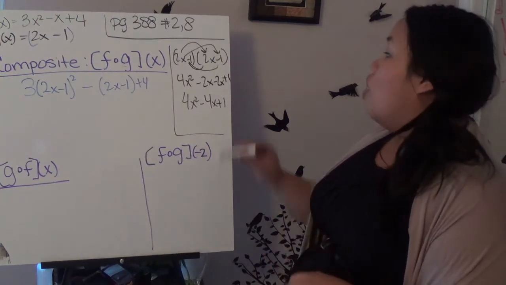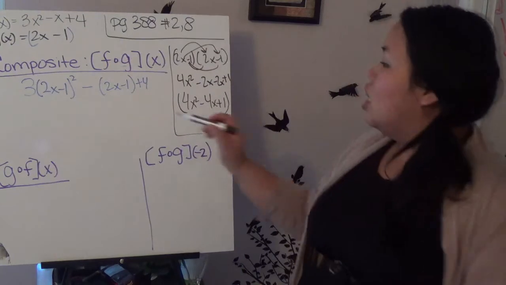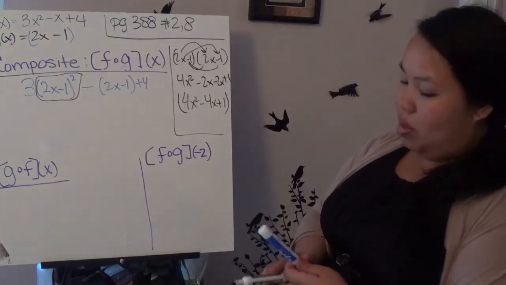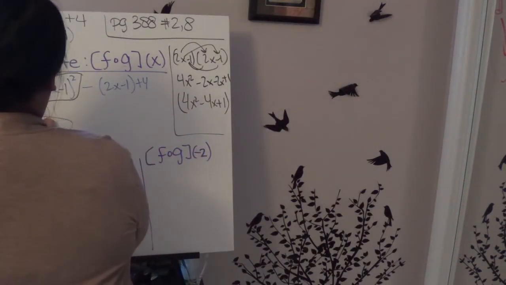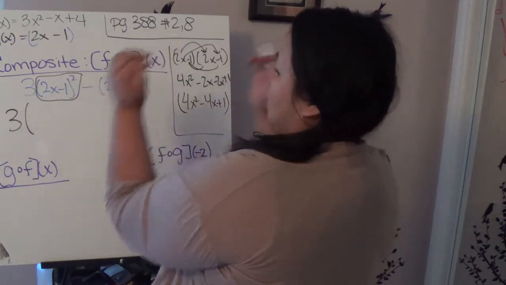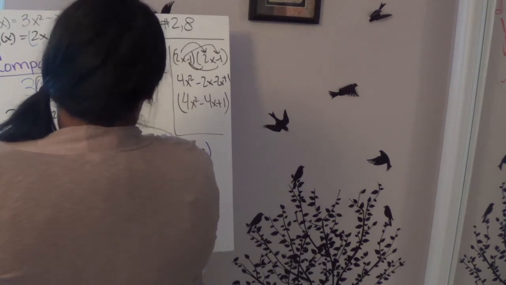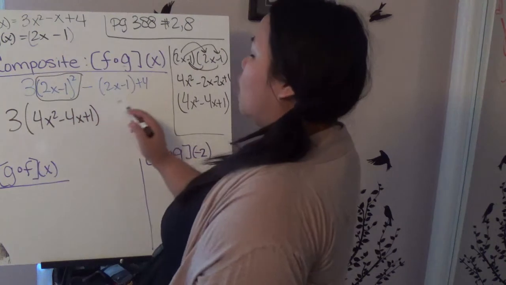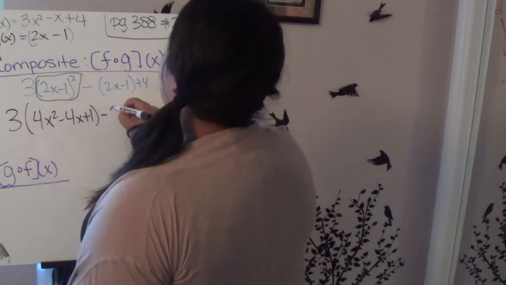So now, what I did here is I figured out this whole thing. So instead of this right here, I'm going to replace it with this bubble. So it looks like this: 3, and instead of this, I'm going to replace it with this again because I figured it out with it squared. So 4x squared minus 4x plus 1. And I'm going to bring everything else down. This has no square, there's no multiplication involved, so I do minus 2x